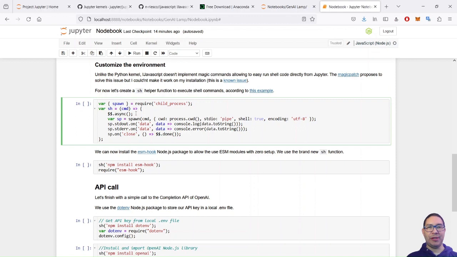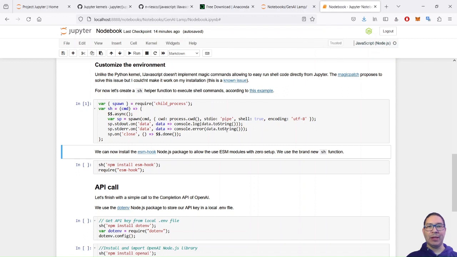Okay, so I am in a code type of cell, and I run the instruction. No result is displayed because it's only a declaration, but there you can see 1. It means that's the first JavaScript instruction run in this notebook on this kernel.